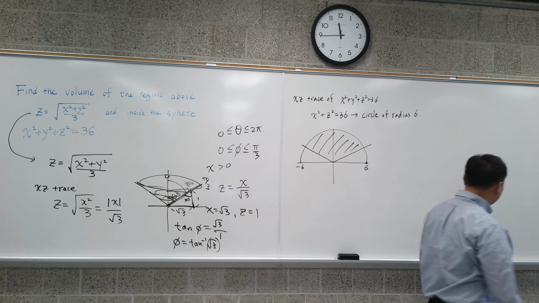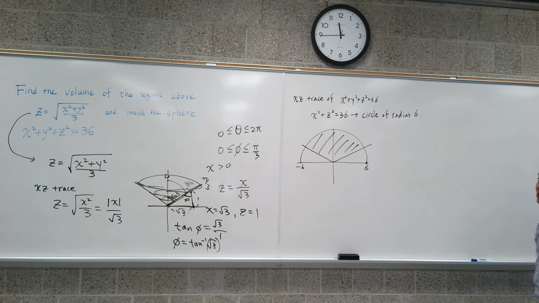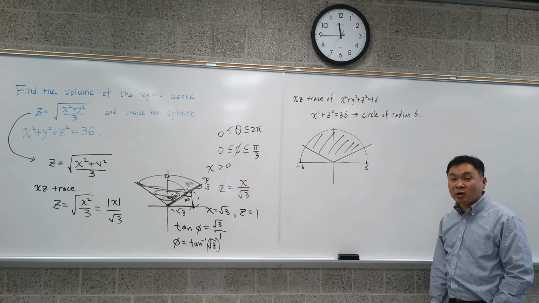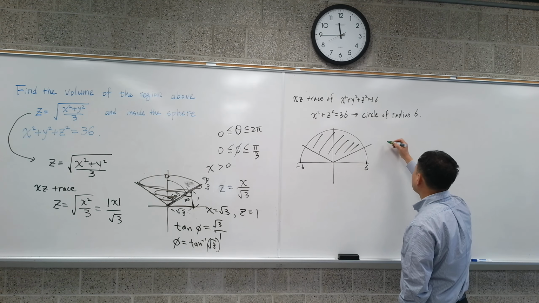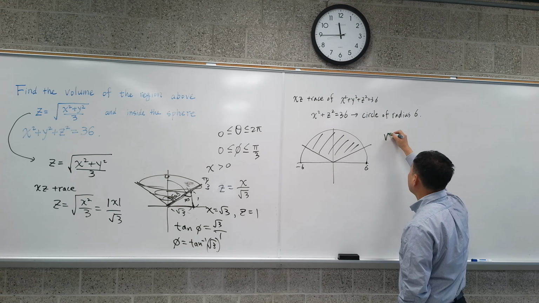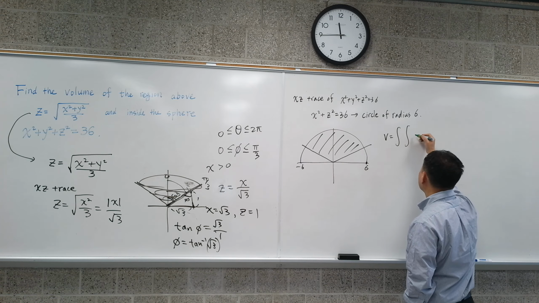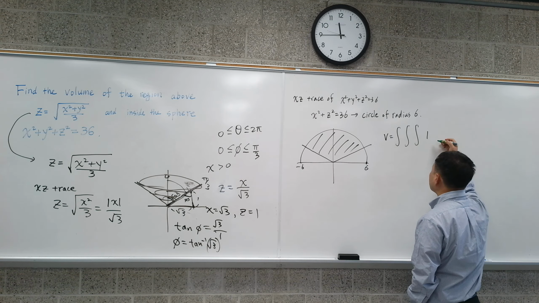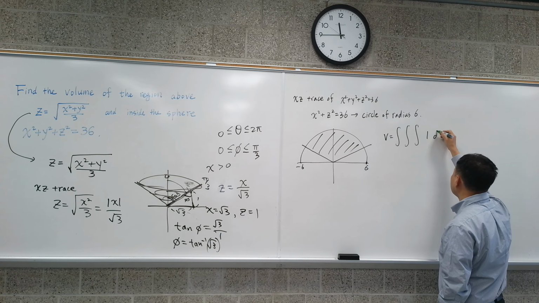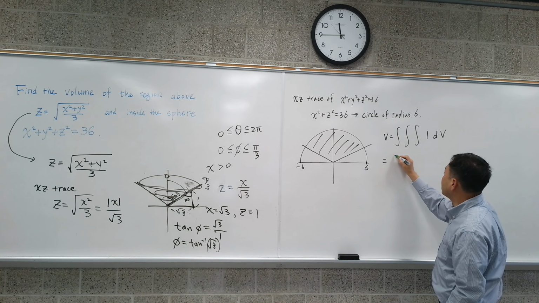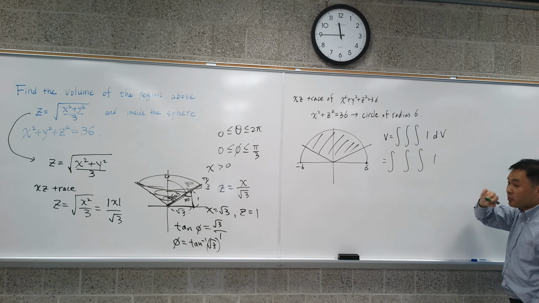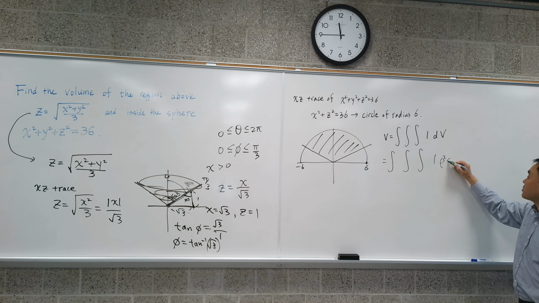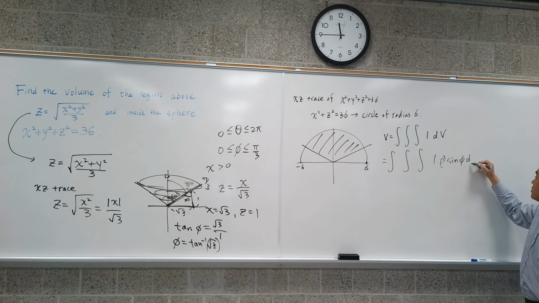I also explained last time that to get the volume, you simply integrate 1 over this domain, and then you get the volume, right? So the volume is, you're integrating 1 dV, but dV in the spherical coordinate system is rho squared sine phi d rho d theta d phi,